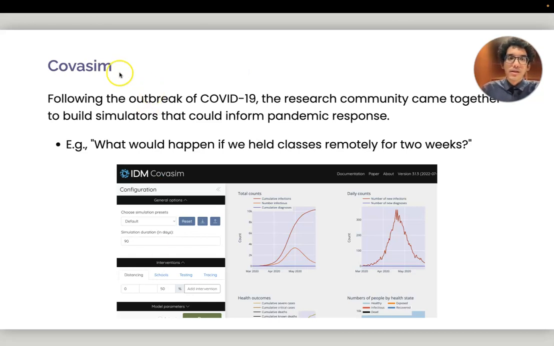Okay. And it doesn't just have to be interactivity in the design stage. You can also have interactivity in the use stage. So here's a really interesting simulator coming from the response to the COVID pandemic. It was called Covasim. What you could do is modify a whole bunch of different lockdown-related parameters, and you could see what the forecasted disease trajectories are. Like what would be the burden? How many deaths would there be under different policies?